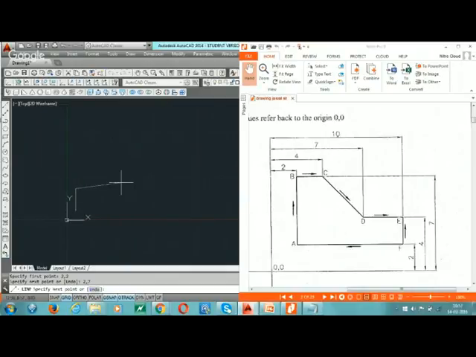Now we go 4, 7. After that the D point is 7 in y direction, 7 in x direction, 4 in y direction. Then 7,